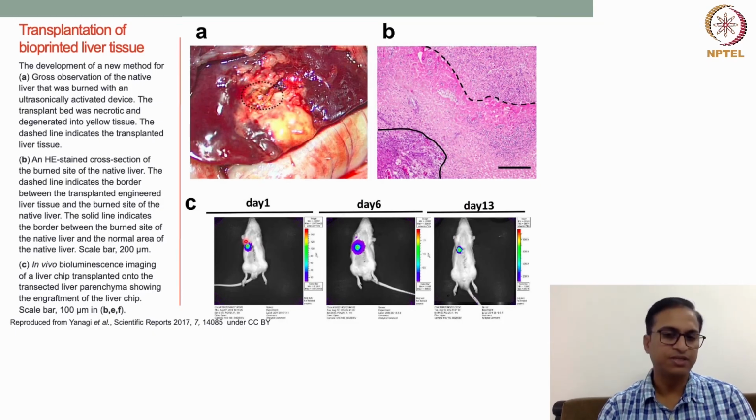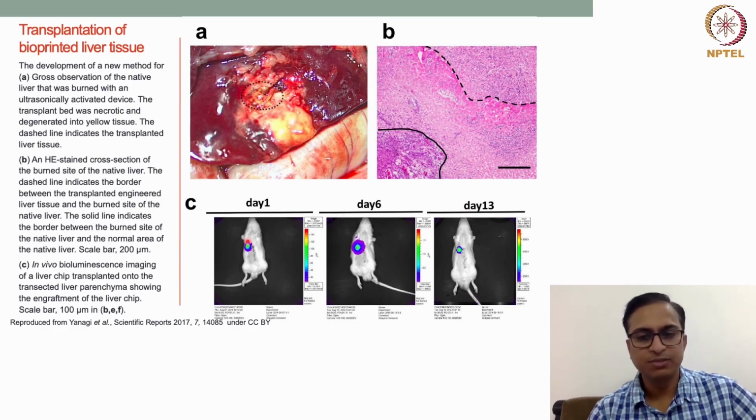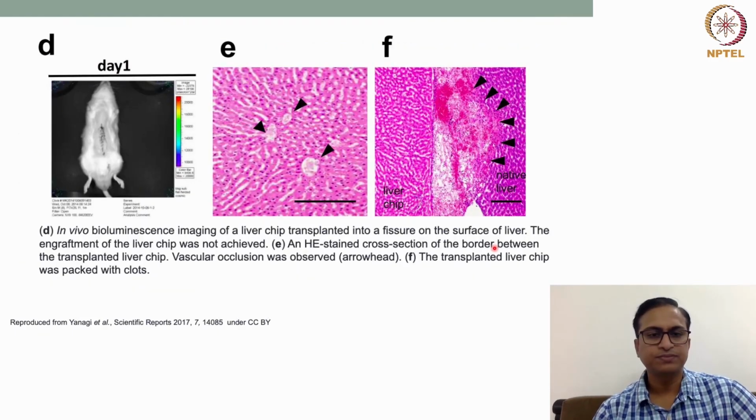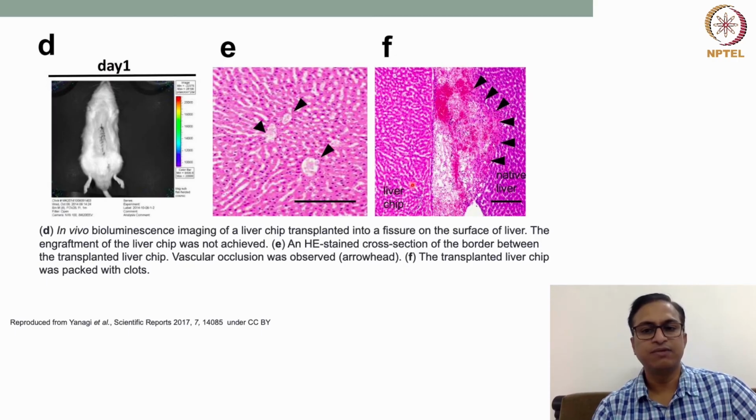The engraftment can be clearly visible over the days. Again, at the end they have shown the bioluminescence imaging of the liver chip on the transparent fat surface. Here you can see that the transplanted liver tissue can be integrated, but in a certain liver chip, this is the liver chip and this is the native liver, where this part was actually necrosed by